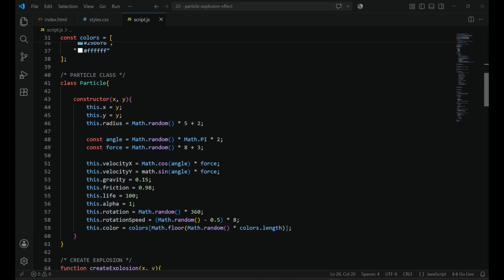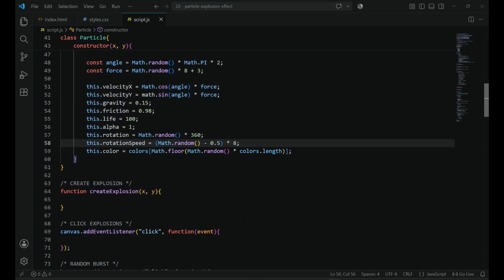I created this in the previous video, and I have also explained it before. The only thing I have added new is the rotation and the rotation speed. These are the two new things I have added. And now let's go directly to the explosion part. To create the explosion, we have to write the function for this. So for that